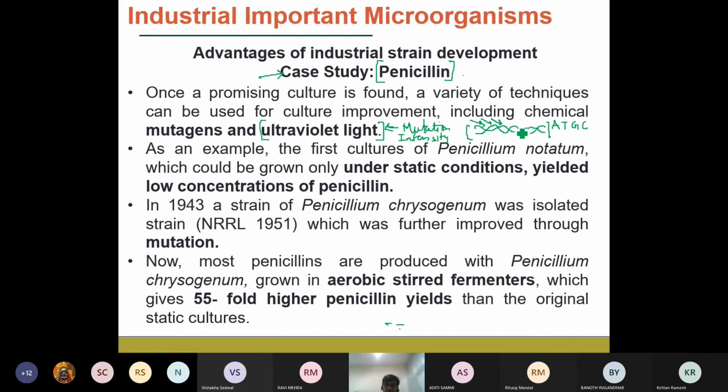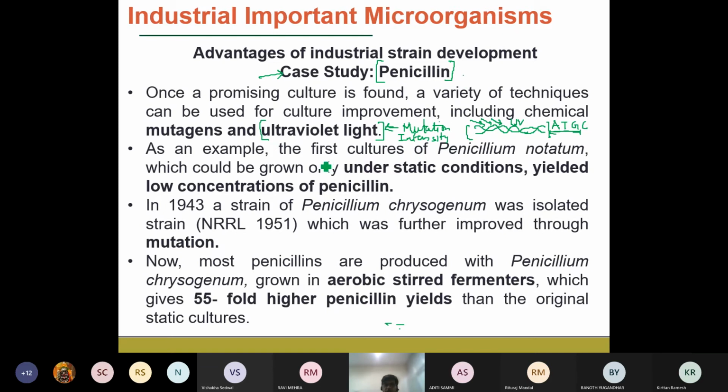Okay, so we will look into the details, but to give you an overview, using this UV light, you can induce a mutation into the DNA strand. When this DNA strand undergoes a mutation, it might be a beneficial or a non-beneficial mutation. By several strategies, what we found is that if a particular base sequence is mutated or changed, then it leads to the higher production of the penicillin.